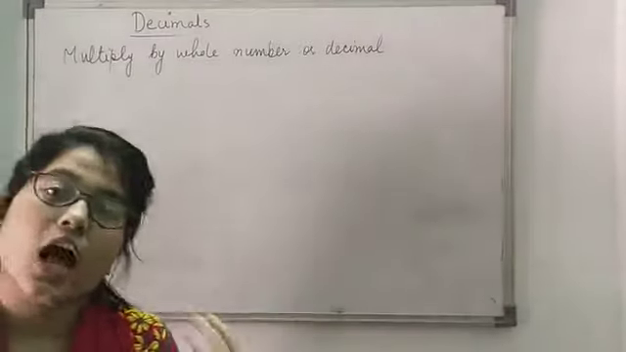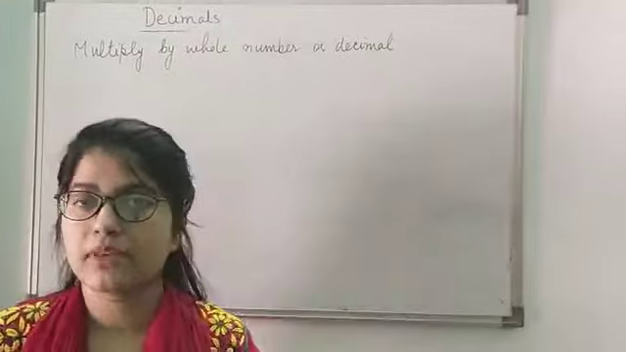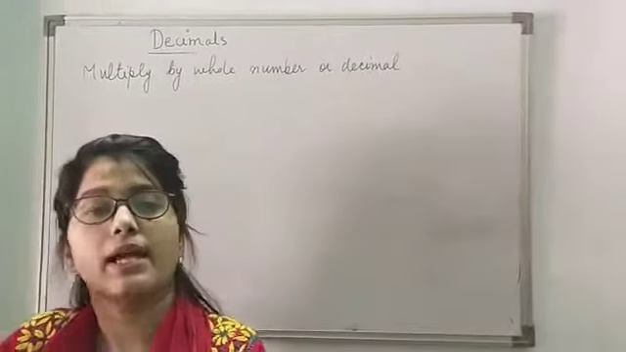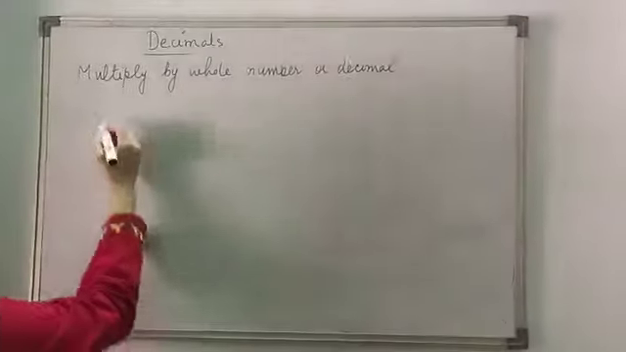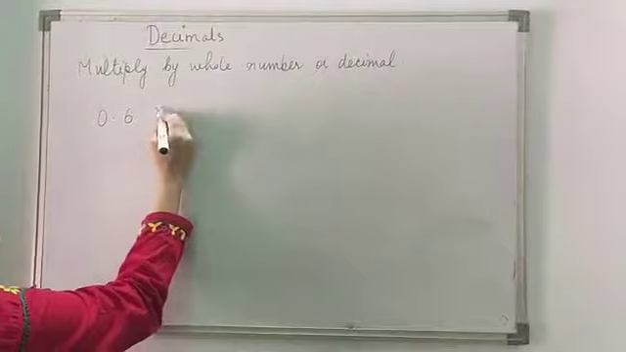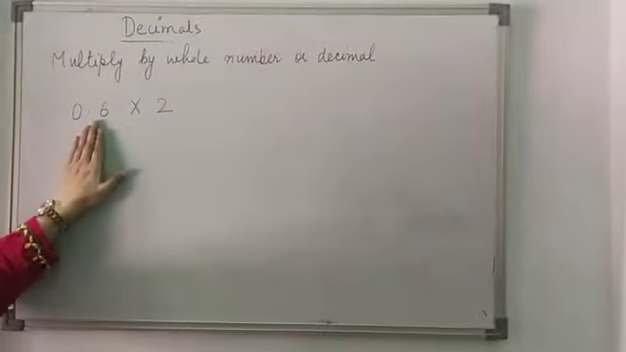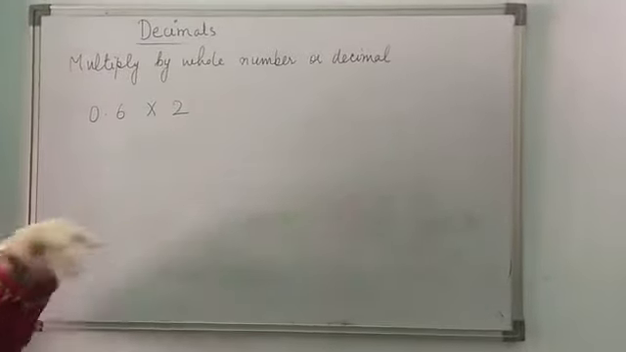Okay, now we will see how we can multiply a decimal by a whole number, or how we can multiply a decimal by a decimal. So now if I take 0.6 multiplied by 2, this is your decimal. Now let's see, if I have to multiply 0.6 into 2,